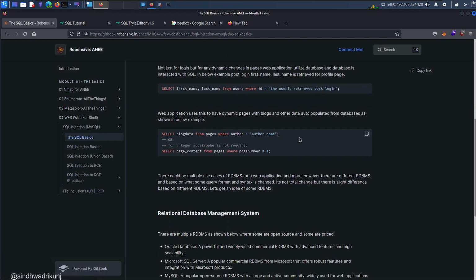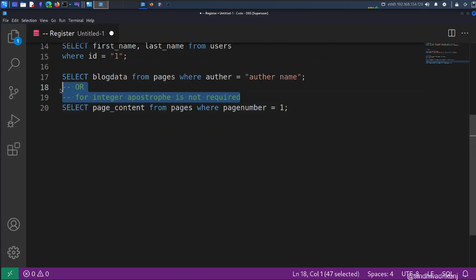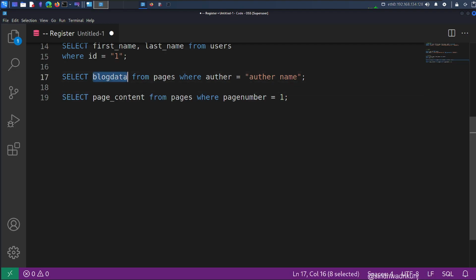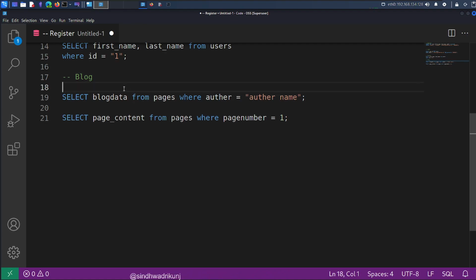Apart from that, there are some more. So this is another ideal approach that I always showcase here: select blog data from pages where author equals whatever the author name. You might have seen some blog websites, right? Where, based on the author name, you get all the blogs from that particular author. And in that case, how could the website manage those dynamically? How can an author add new blogs on top of any existing one? They might have a similar kind of